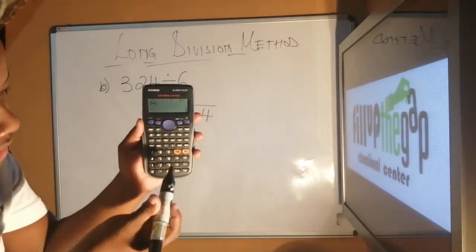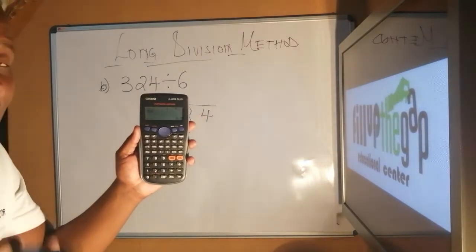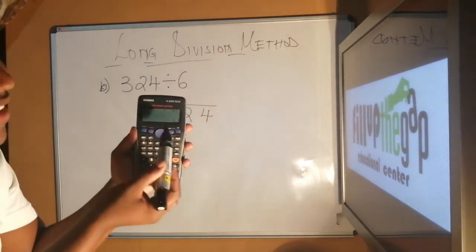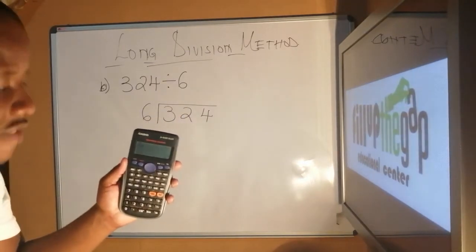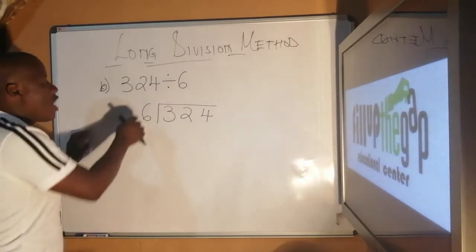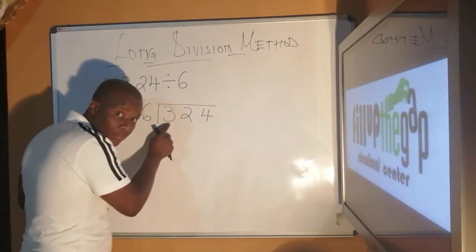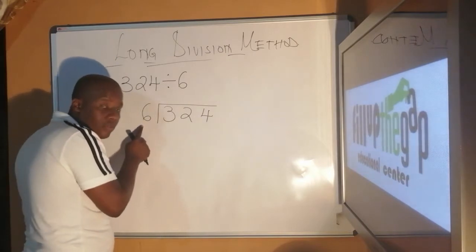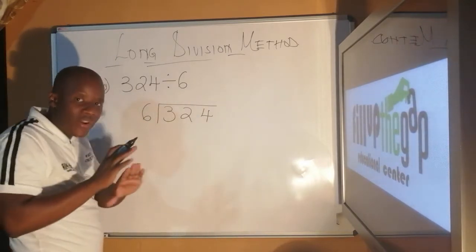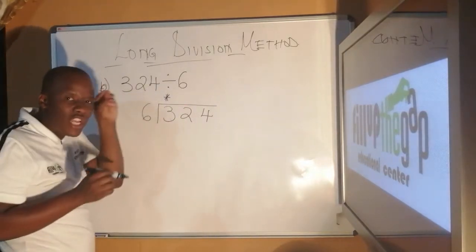Then you press this button here, S-D, meaning that you're converting the fraction to a decimal. So if it gives you 0.5 at the beginning only, if you divide the first number by the divisor and it gives you 0 something, you don't write it. You put a star there, or you put a dot,